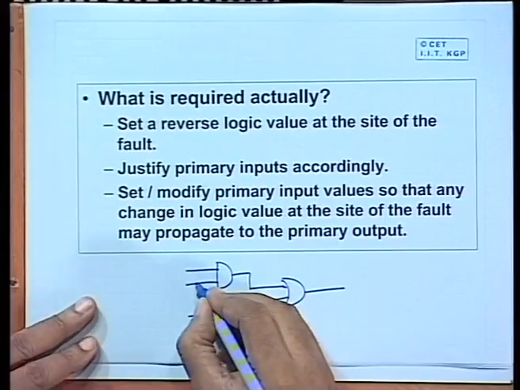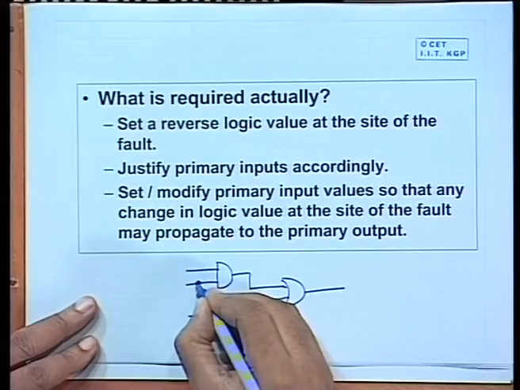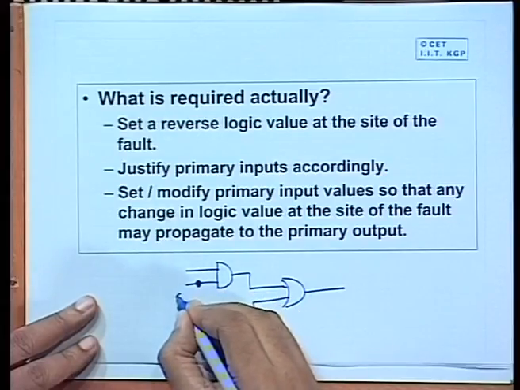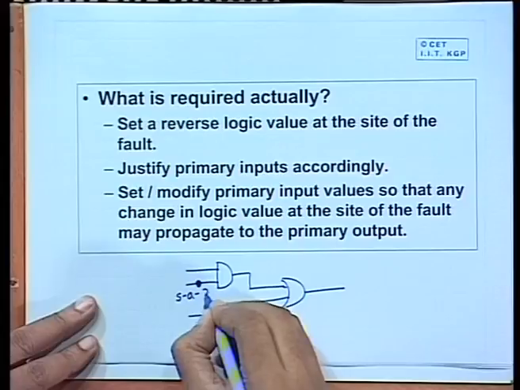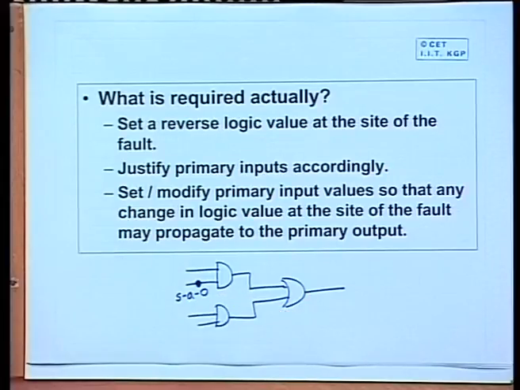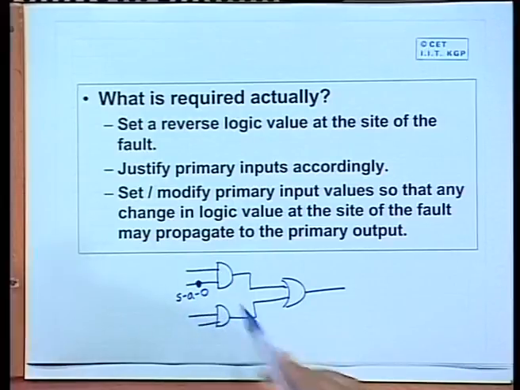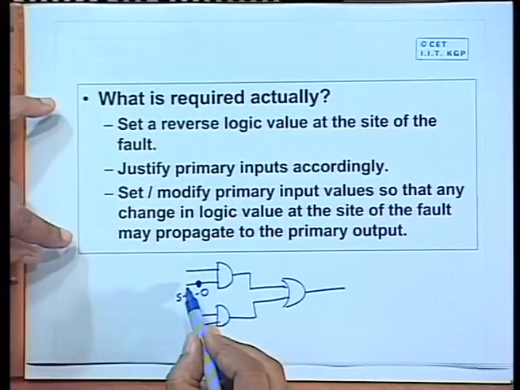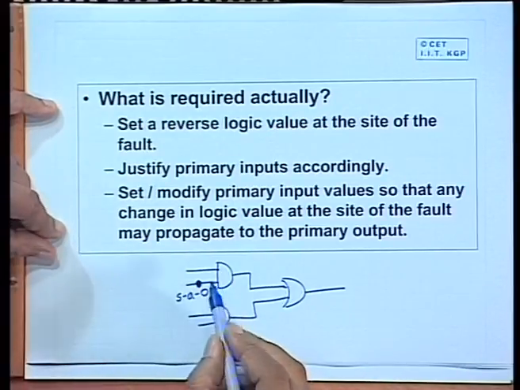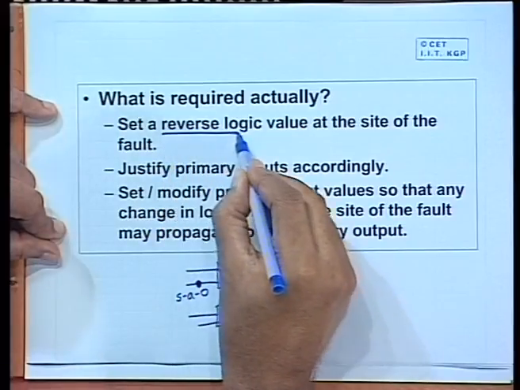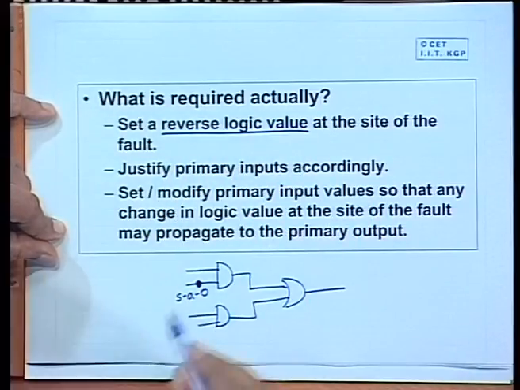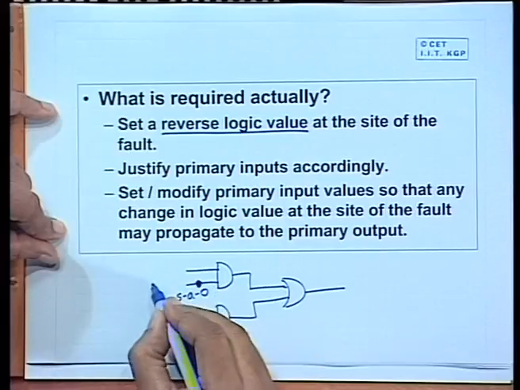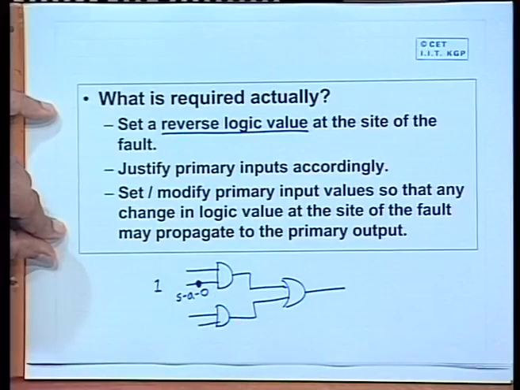Suppose we want to find a test vector to detect a stuck-at-0 on this particular line. The first requirement for detecting this fault is that you will have to excite this particular line with a reverse logic value. Since this is the primary input, you can straight away apply a logic 1 to this input